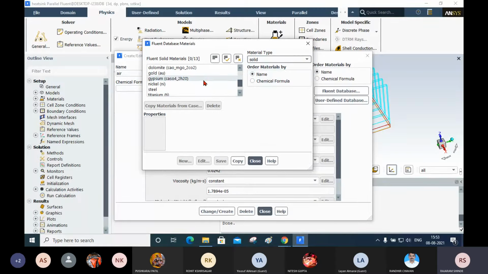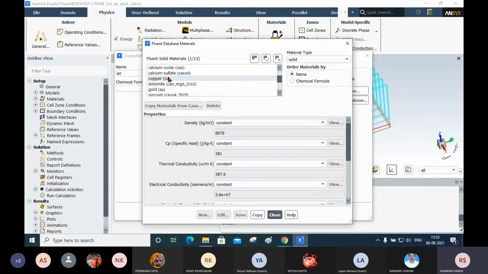In solid these are the materials. Now here you have copper material. When we select the copper material it is going to display the properties of the copper. Now I will keep these properties as they are and I will add this material.